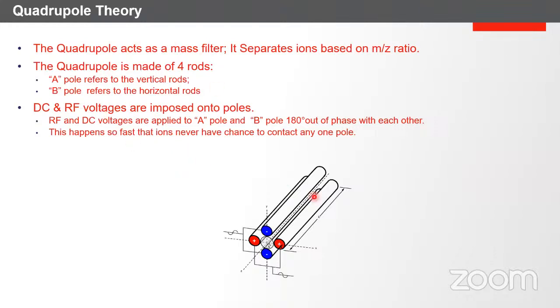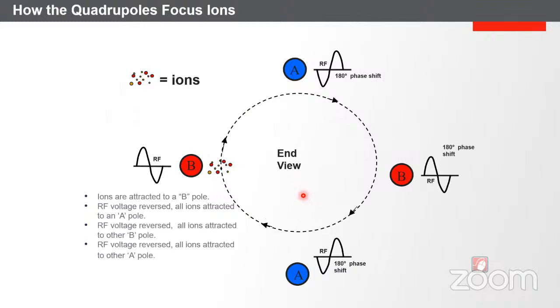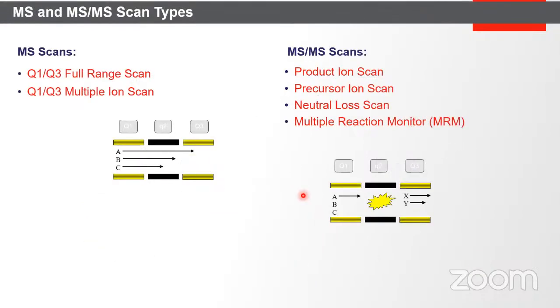So I was talking about the quadrupole. Quadrupole means there are four rods, and the opposite rods have similar charges basically, and the ions are being selected here. I will not go into the details of that, but just wanted to give you an idea of how ions travel. The polarity actually changes, and because of RF and DC potentials, the ions move in the particular quadrupole region. We should know a little bit about that.